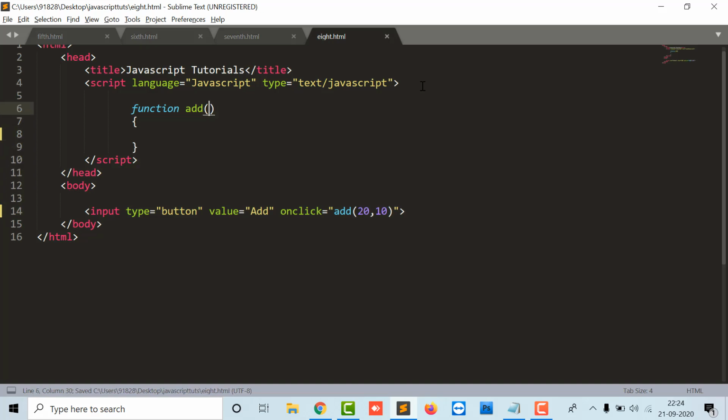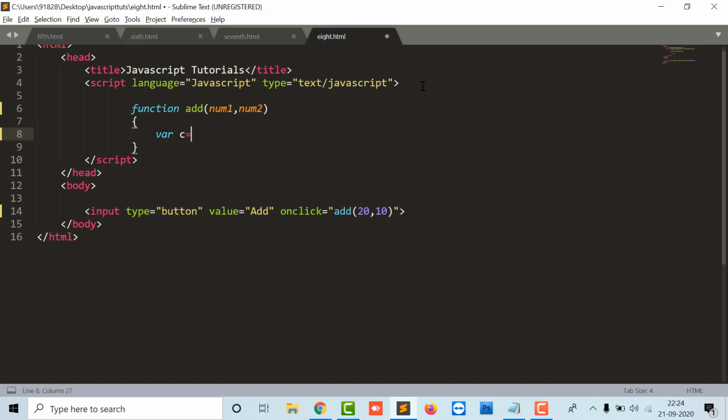So I need a dynamic value that is to be passed to a function and it will be received by a function. So in order to receive the value by a function, I have to declare two variables over here. You can declare any variables, like I have declared num1 and num2.